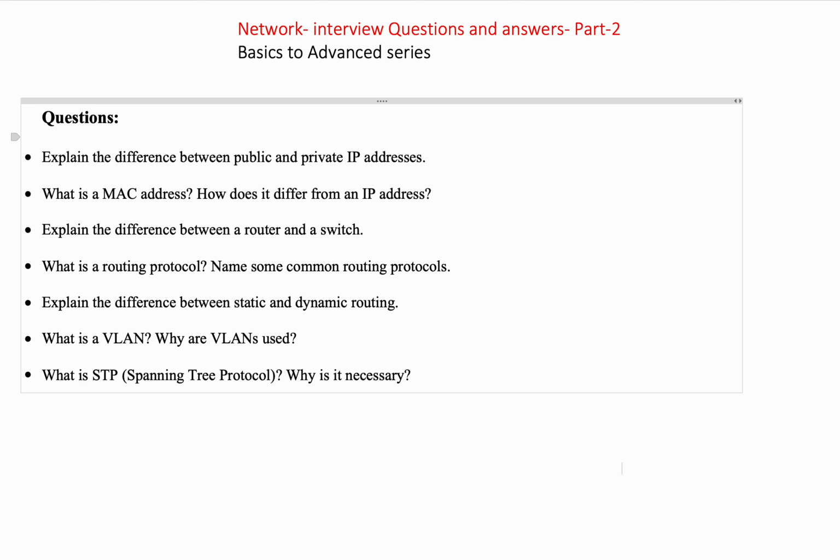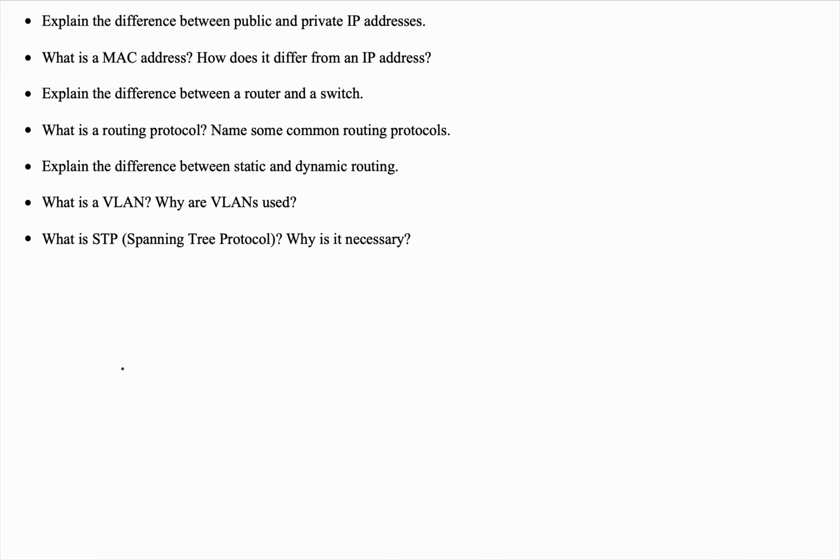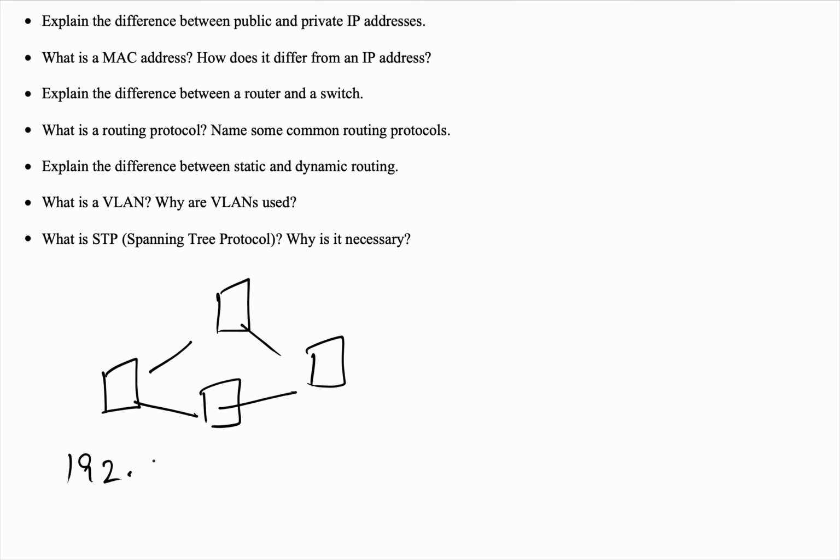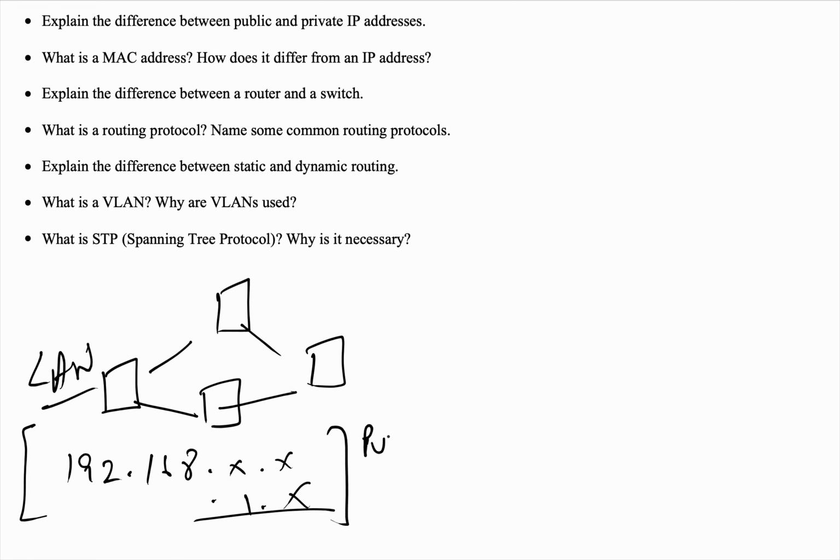Basically, what you have to say is that public IP addresses are unique. So there's a difference between public and private addresses. If I have a local network, I usually have a series of 192.168.x.x. For example, usually it's 1.x, but just consider this. This is usually your LAN series, this is your private address. But what about the public address?